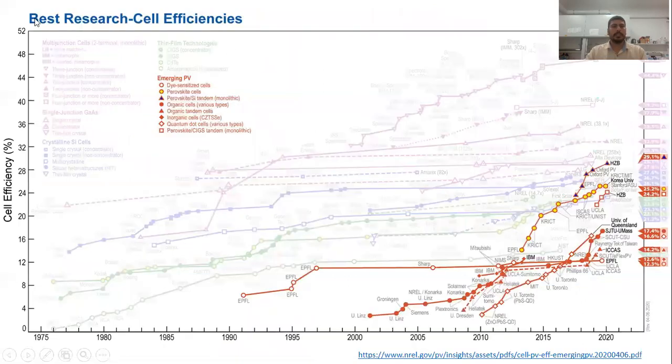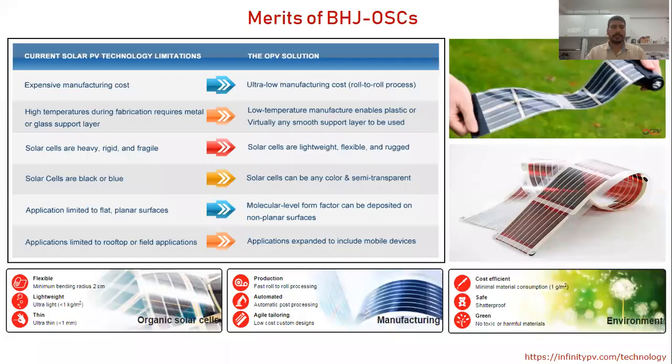Further, we can see the best efficiency chart. This chart is given by the NREL, the National Renewable Energy Laboratory, Colorado, USA. They certify the efficiency of solar cells. When we focus on the emerging photovoltaic technology, the red filled circle shows the organic solar cell, and it shows an efficiency of 7.4. So people are trying to increase its efficiency. Side by side, they are also thinking about its stability to commercialize this organic solar cell in the market.